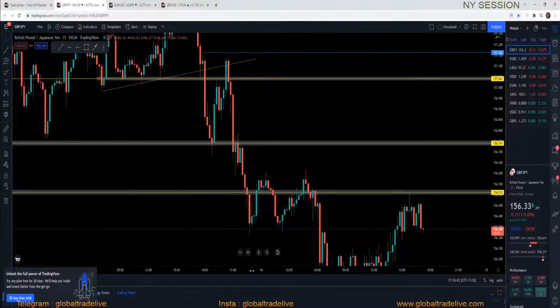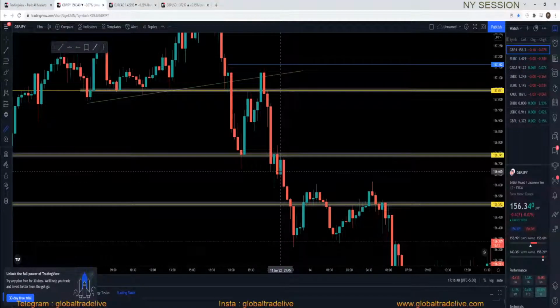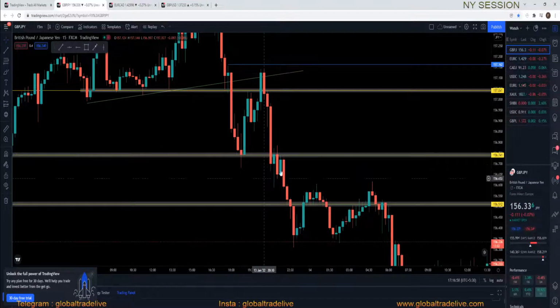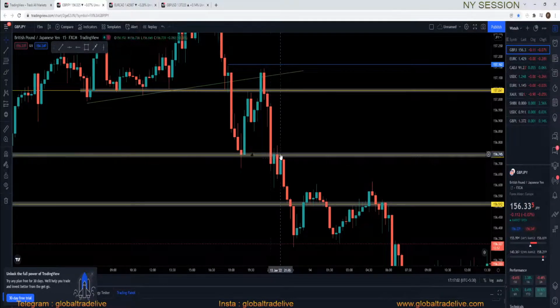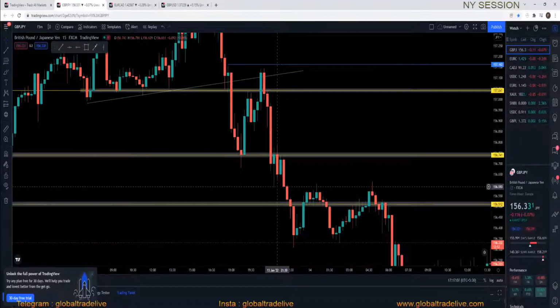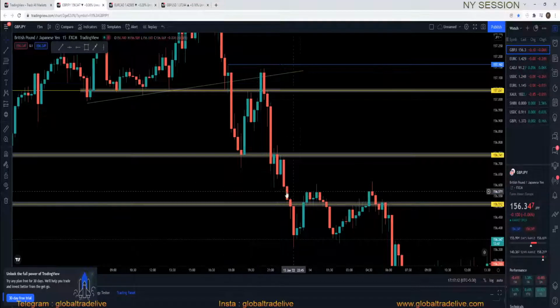So what happened over here is this candle, yeah, I took this trade, I remember. Yesterday I took this trade. When this candle broke the low, this 15-minute candle closed below this area, and when this candle broke this low over here, I took a sell trade. It went down 7 pips, but I was also looking at the distance between this wick over here and this target area over here as well.